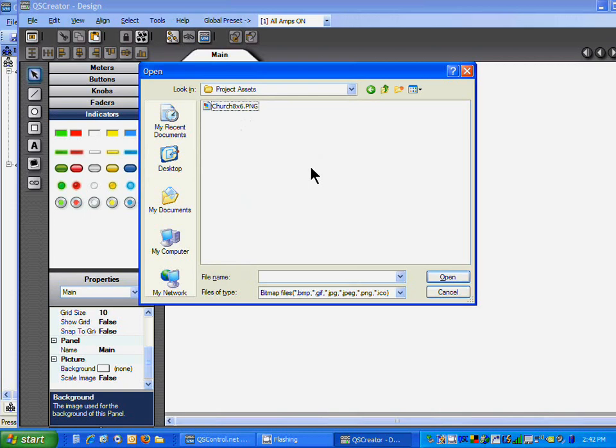Keep them all located in one folder so you can get to them, and keep that folder with that project as you make a backup copy to a CD or something like that. You keep them all together. Well, in this particular example, I've already built a picture